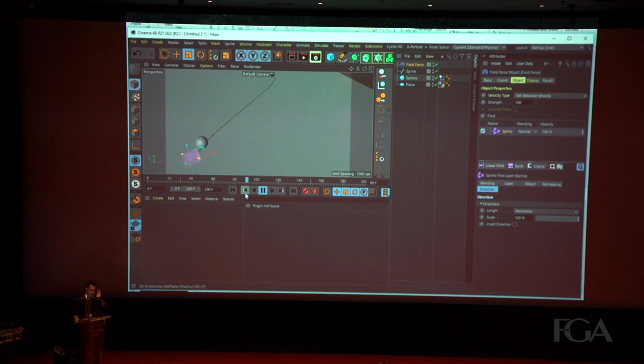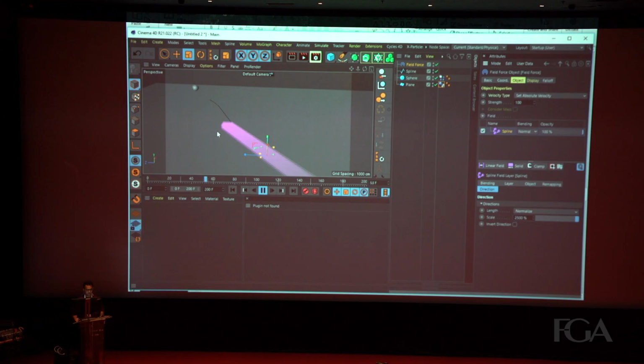Unfortunately, this project I did like 6 or 8 months ago. At that time, release 21 was not in the market. So as you can see, your object is following the path. You can control the speed as well by increasing your normalized speed. It's too much. But the point is that you can use this technique to achieve that effect.